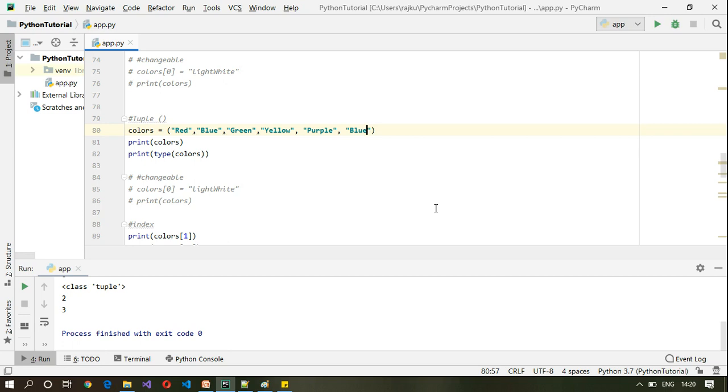Otherwise, list and tuple are the same. One shows immutability and the other is mutable. Based on this, you can decide whether to go with tuple or list. However, list has a lot more methods compared to tuple because of these restrictions.